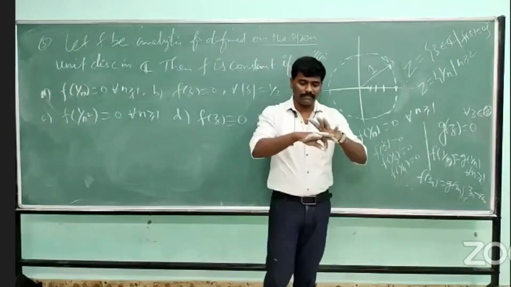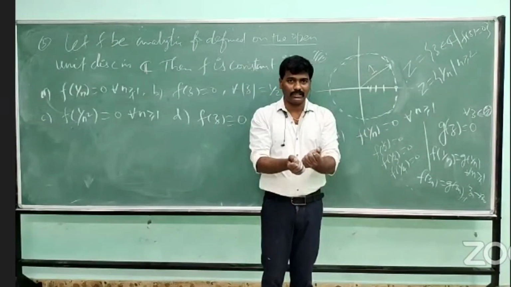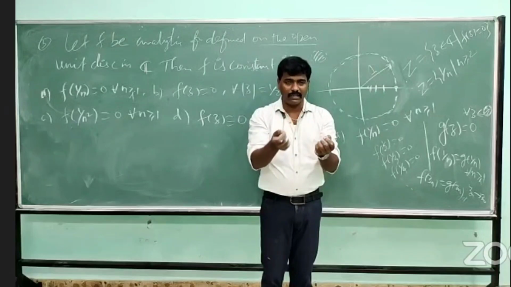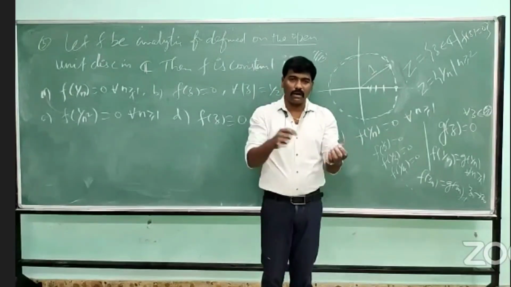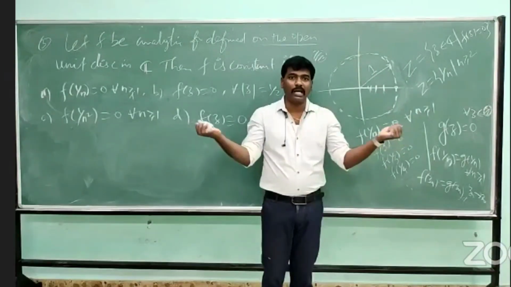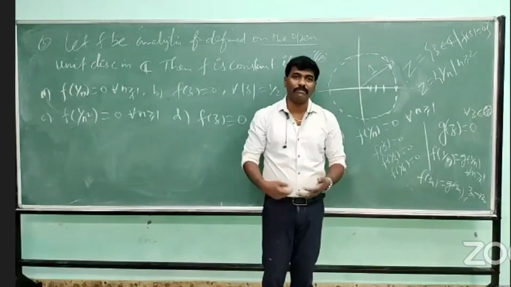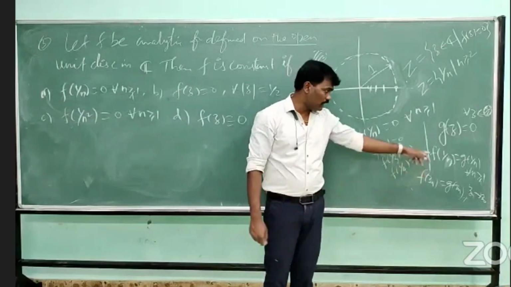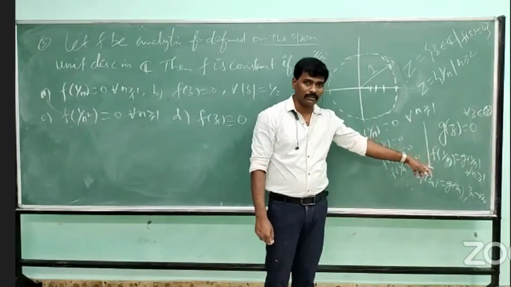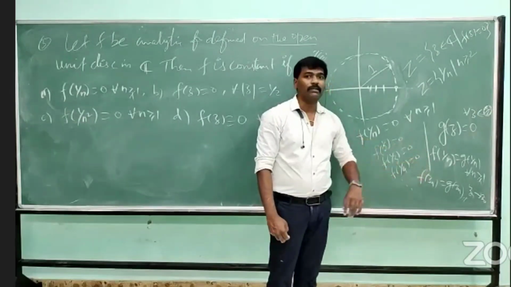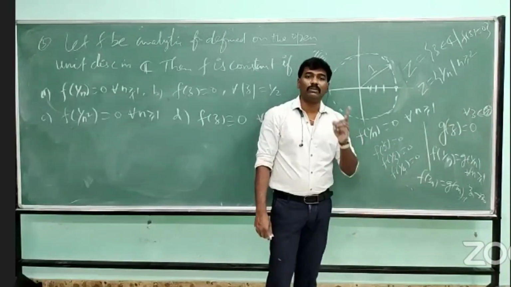I have f and g analytic functions in the unit disk, and there is a sequence 1 by n on which f and g are agreeing. The f output and g output are the same for each n, that is, f of 1 by n equals g of 1 by n. Okay, fine. From that conclusion,